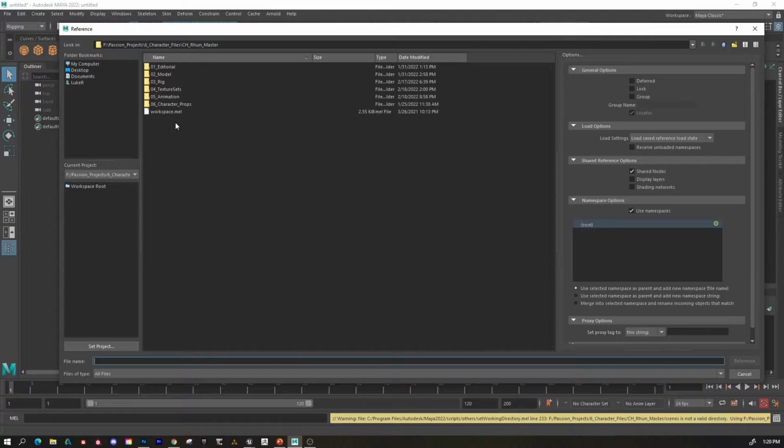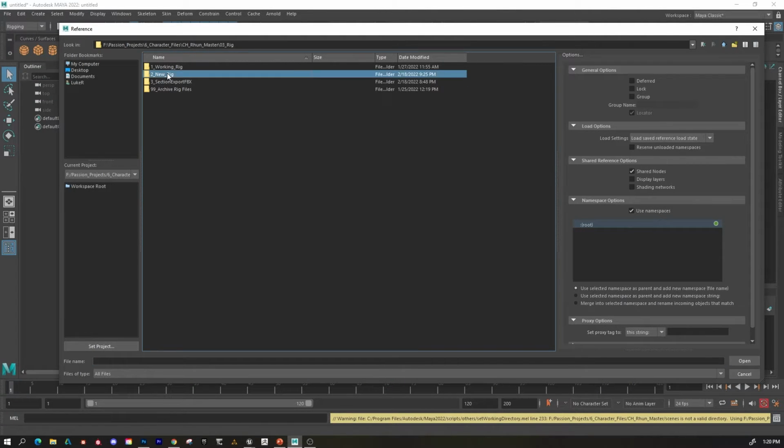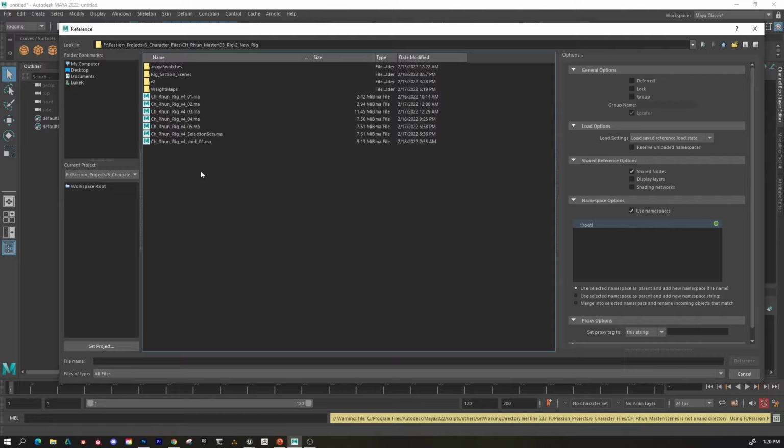From in here, what I'm going to do is go to my initial rig. So it's my new rig in here, and I am working from my character's name, version 4 is the actual version of the character, and 5 is the version of this specific character. Okay, so 4 iterations on the model for this guy, 2 different iterations on the rig. So if I reference this file here,